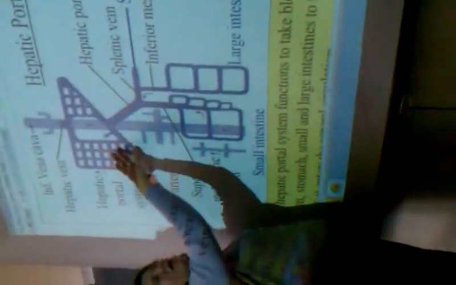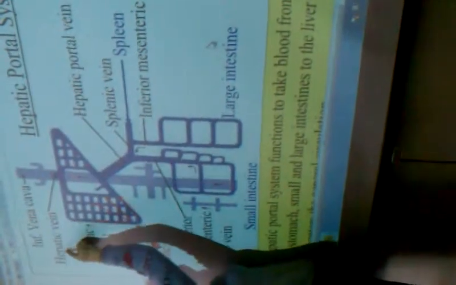So this hepatic portal vein will go to the liver, and then the hepatic portal vein will branch into many, many small little capillaries. These are going to be sinusoidal capillaries. And here, our blood will be filtered, cells will be removed and recycled and so forth. And then our filtered blood will be dumped into the hepatic vein, and from there into the inferior vena cava